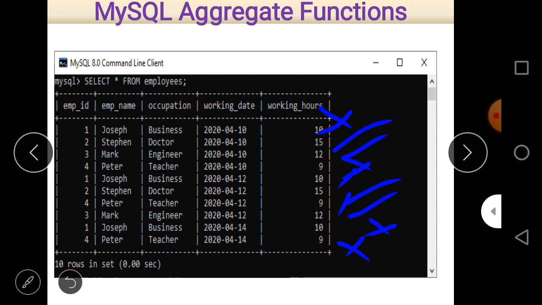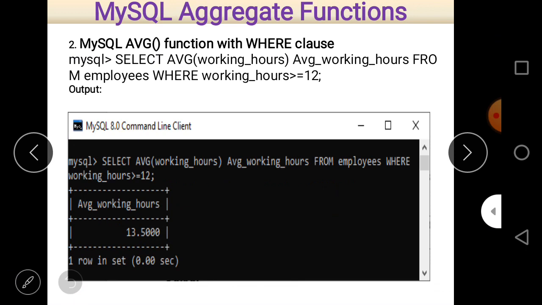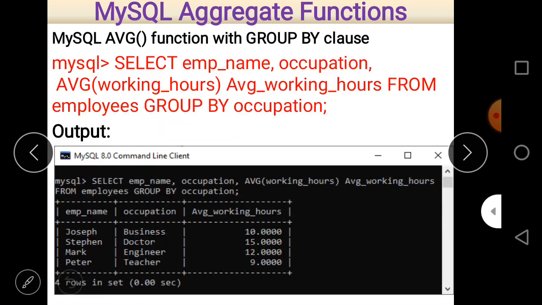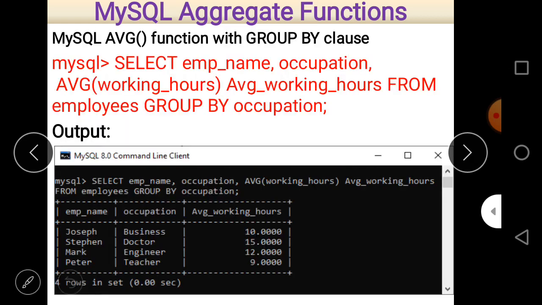So only 4 values are selected, and the average of these 4 values is here, because in the condition it is already mentioned working hours greater than or equal to 12. So the average is 13.5, you can see. So if you put a condition, the average will be calculated according to that condition.